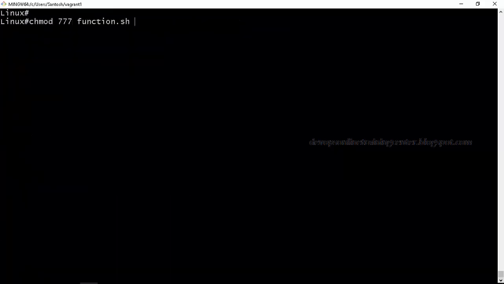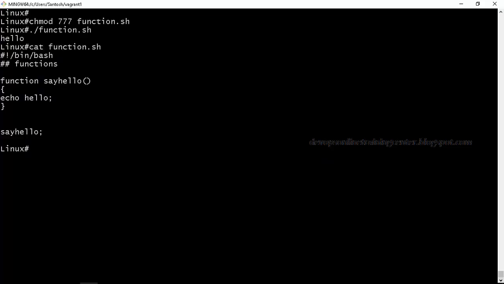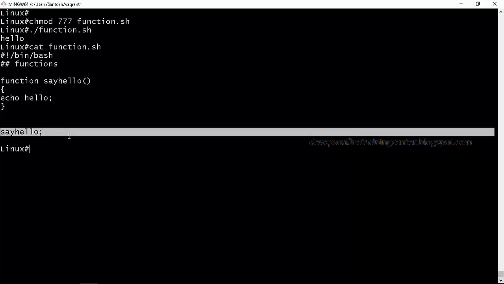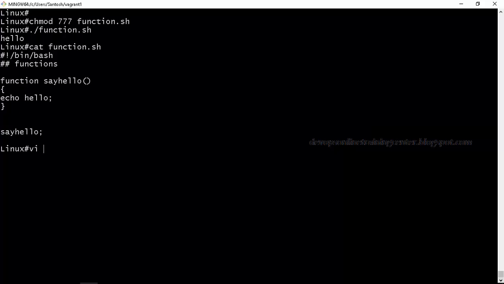Just changing the mode of the file. Okay, so there is a function called say hello. This is defined here. This is the definition, and this is where we call the function.